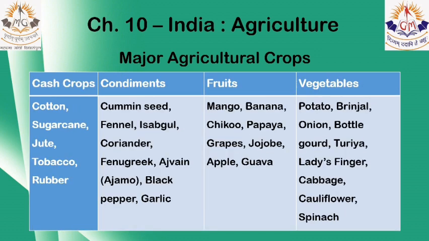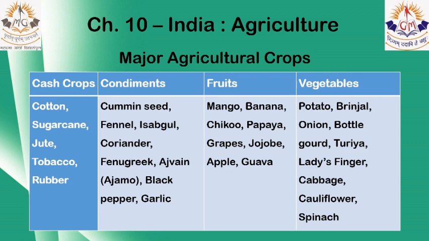Next we come to cash crops. Yes, we all understand the meaning of cash crops. 500 ki note, 2000 ki note grows on that tree, on that plant, these are called cash crops. Cotton, sugarcane, jute, tobacco, rubber. Cash crop means